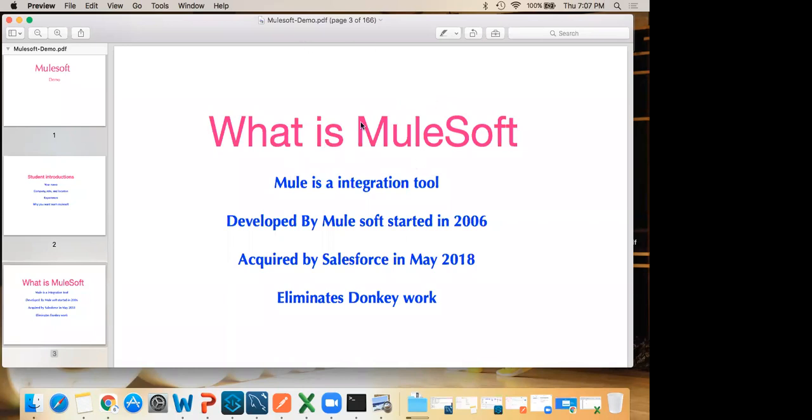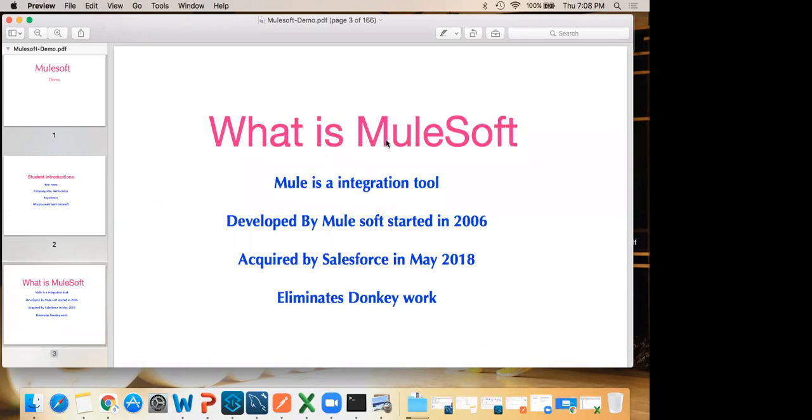To eliminate the donkey work, they named it MuleSoft. We need to eliminate the hard coding work we write and handle everything in a soft or smooth manner. That's why they introduced this name as MuleSoft, or else they would have kept something like Aditya Soft or Birla Soft. This is the reason behind the name.